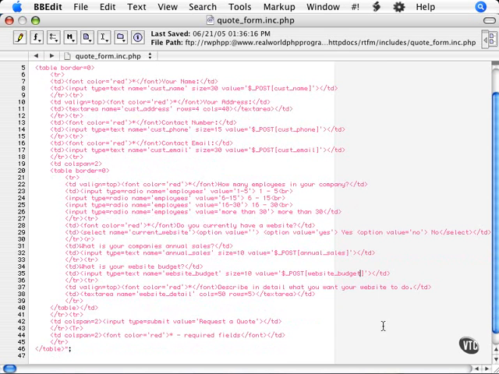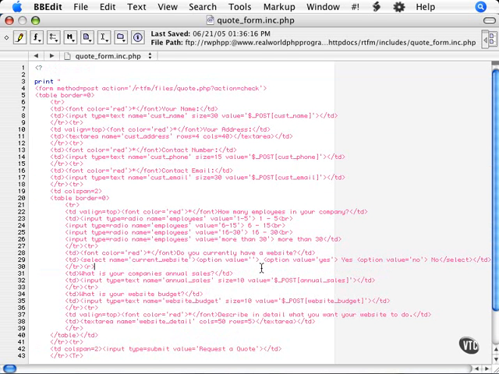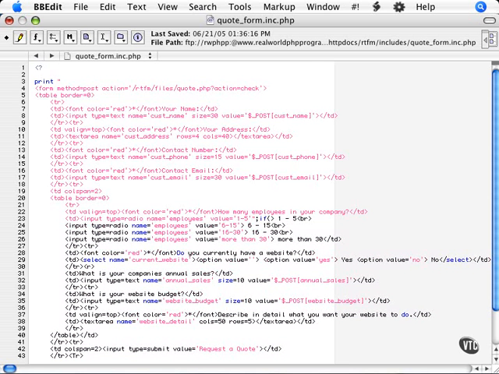The next type we have are the radio buttons. To show which one is checked, we have to jump to an if statement. However, we can't simply place an if statement within our print statement, which is what the form is contained in, as you can see here. So what we have to do is actually end our print statement, do the if, then begin another print. We do that just like this. End our print statement, do our if statement,